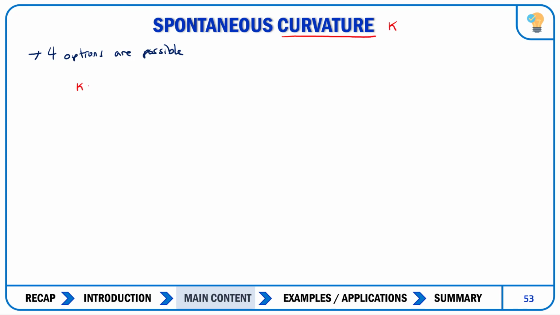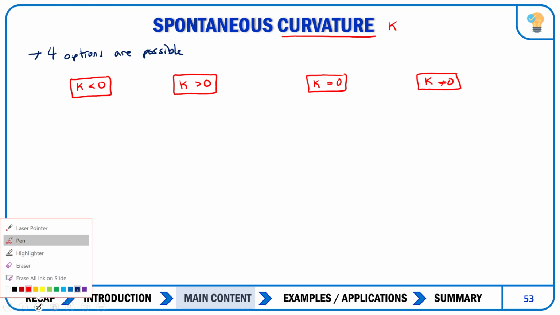You can say kappa is less than 0. You can say kappa is greater than 0. You can say kappa is equal to 0. Or basically kappa can be anything else. If it's not 0, we can make some general assumptions from that as well. So looking at 4 of these different cases,